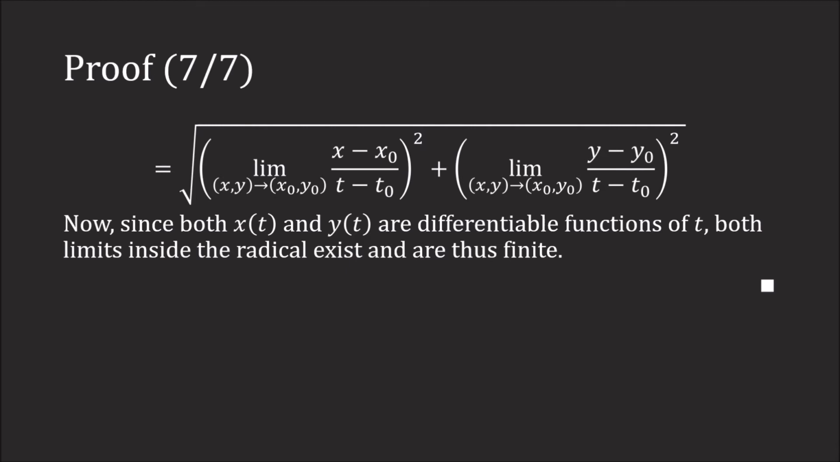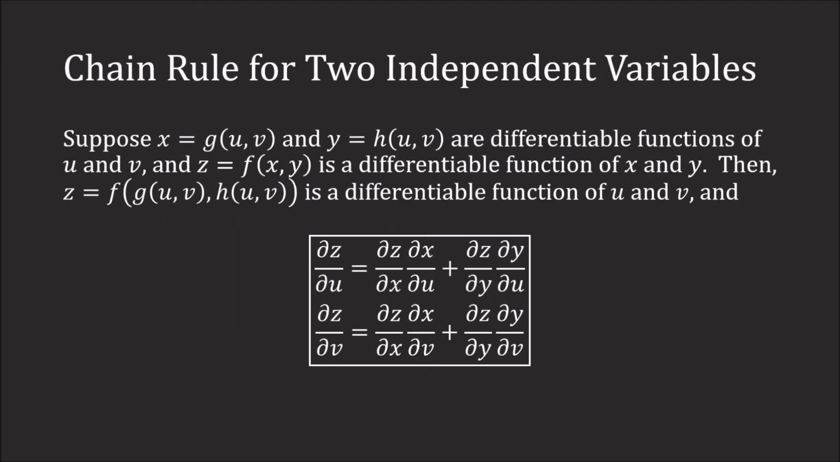Now let's look at the chain rule for two independent variables. So this says that if x is g of u, v and y equals h of u, v are both differentiable functions of u and v, and z equals f of x, y is a differentiable function of x and y, then z equals f of g of u, v, comma, h of u, v is a differentiable function of both u and v, and we'll have partial z partial u is partial z partial x times partial x partial u plus partial z partial y times partial y partial u,